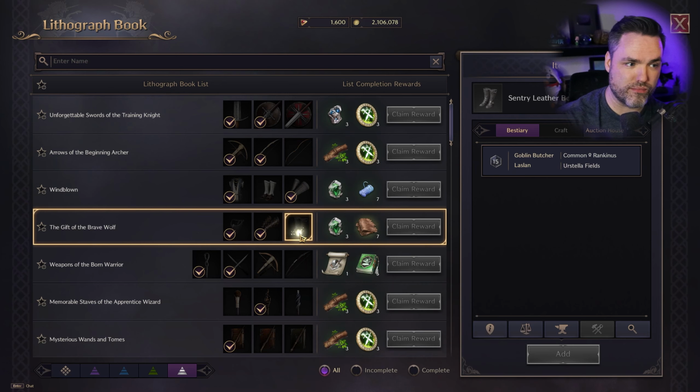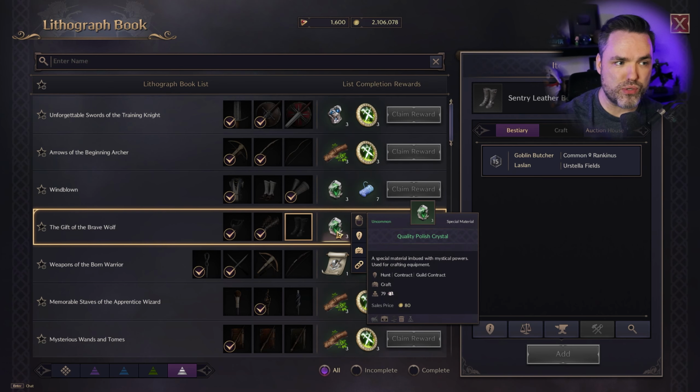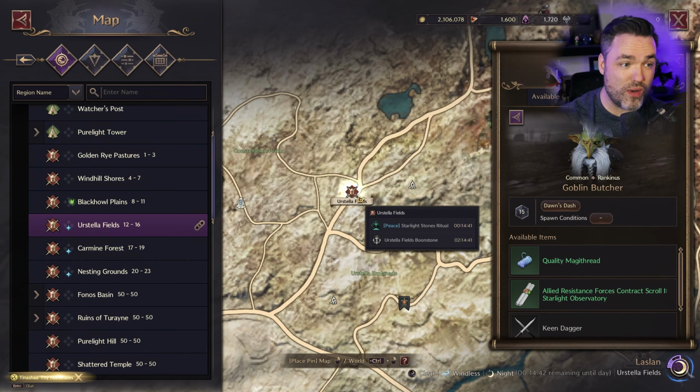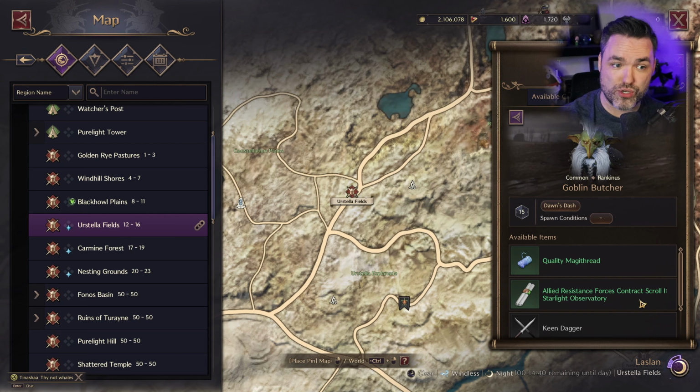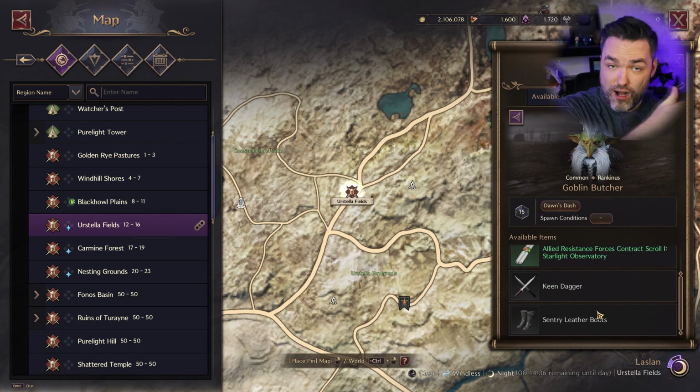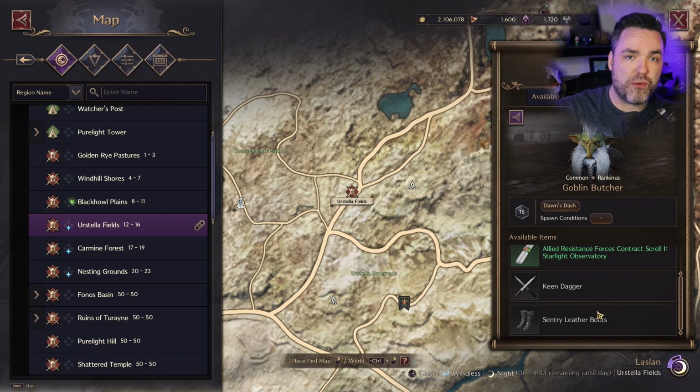to go to farm. So say we wanted to get the sentry leather boots because we wanted to finish this recipe, we can see that it drops from goblin butchers in Urstella Fields, and we just gotta go exactly there and kill goblin butchers until they drop it, and we've got it. We can finish that Lithograph book recipe, unlock whatever we're after, and we can keep our gear up to date by using this system as we level through the game, so we don't have to constantly look for crafting materials,